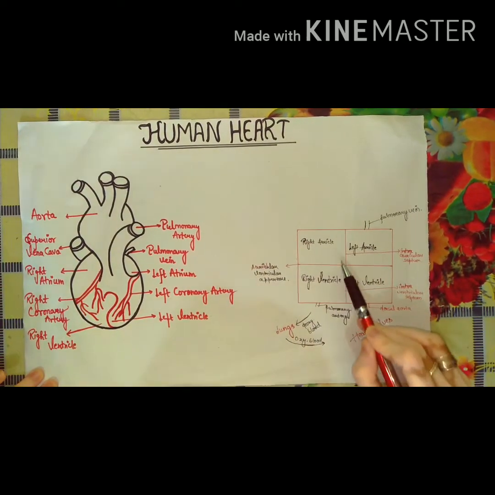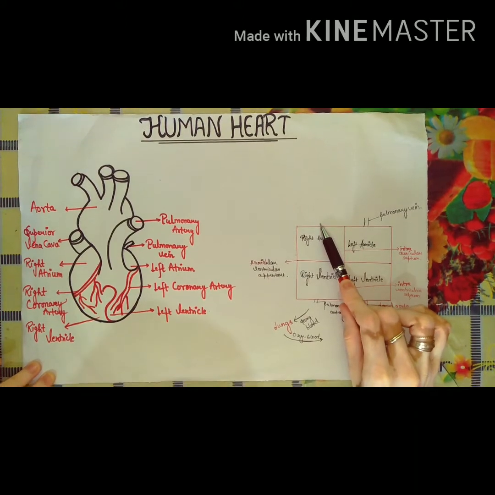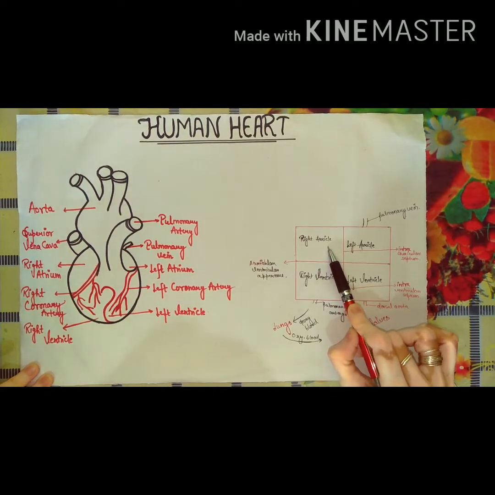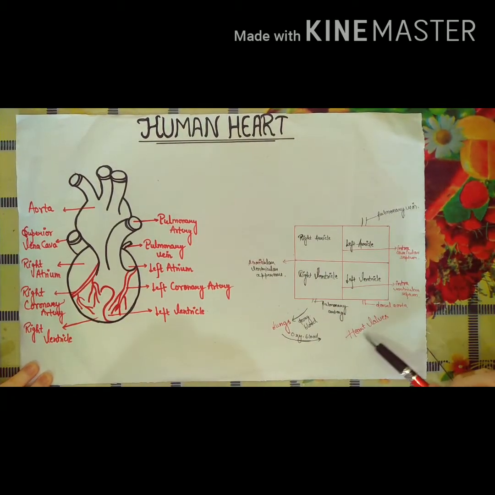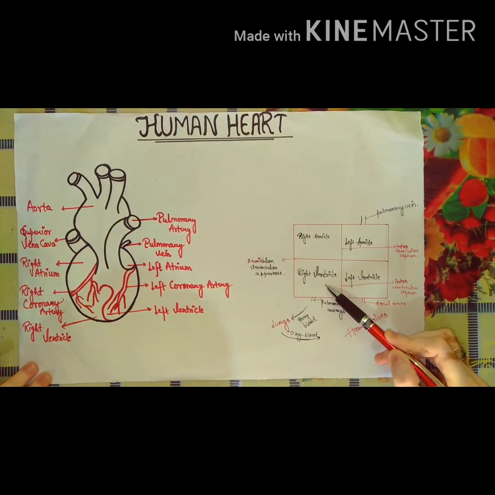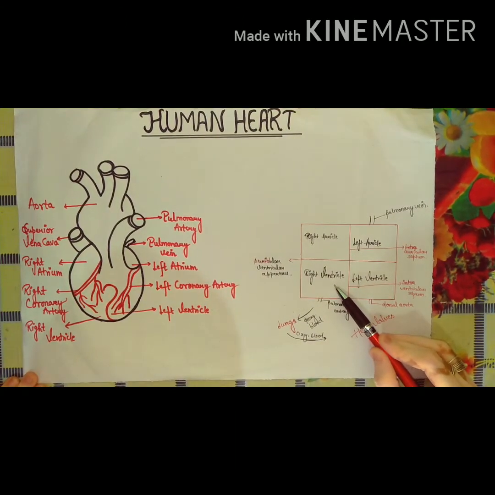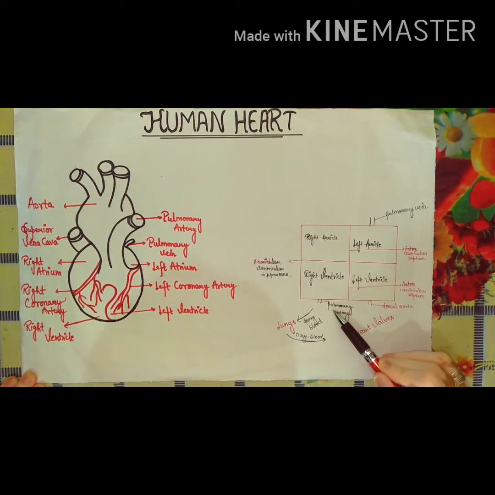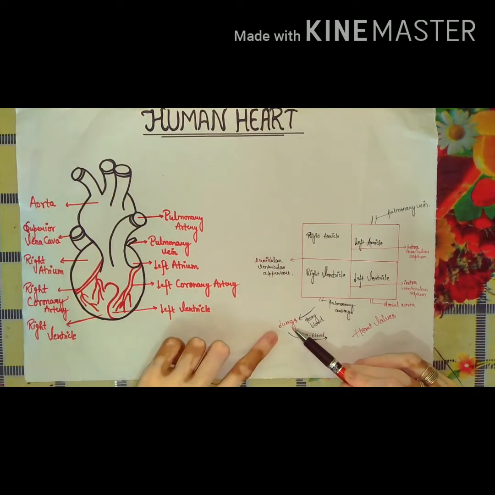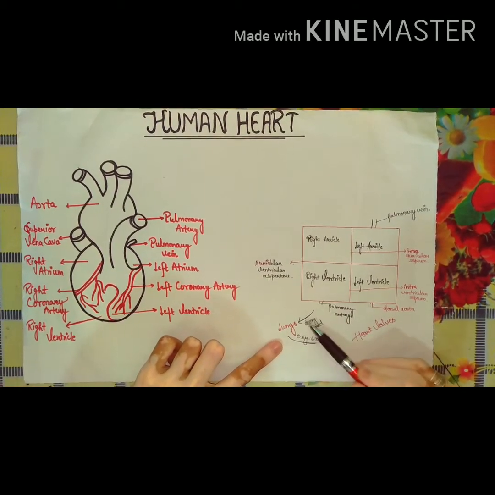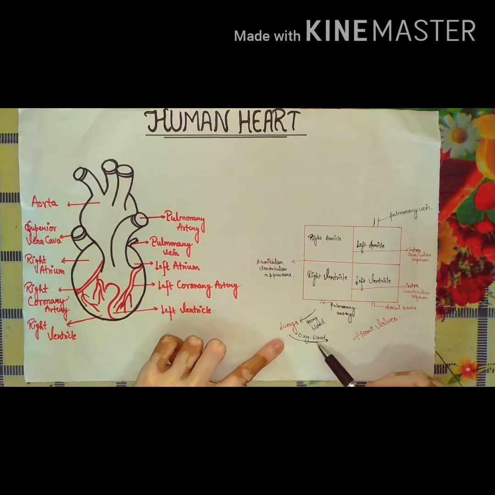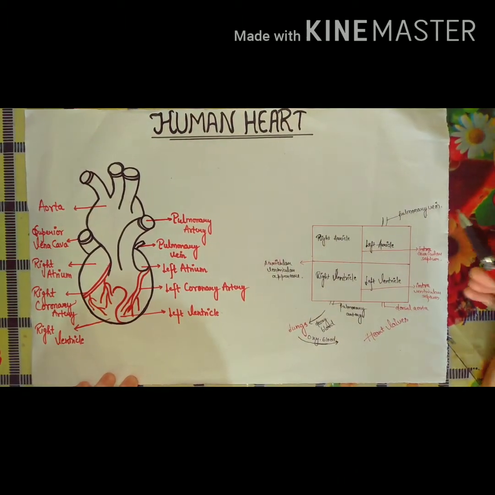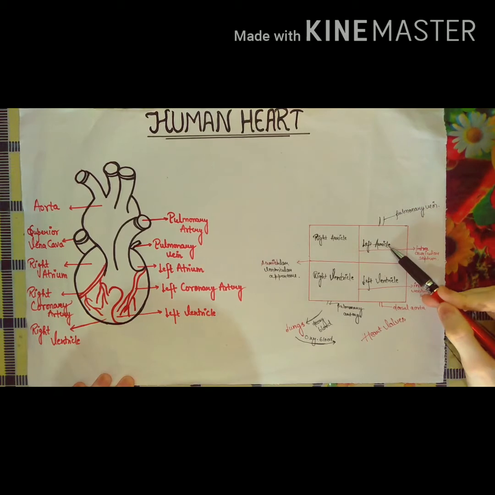So overall this means that the deoxygenated blood passes through the superior and inferior vena cava and enters the right auricle, and with the help of the heart valves it enters the right ventricle. Then the deoxygenated blood from the right ventricle flows into the pulmonary artery, which carries the blood up to the lungs, where gaseous exchange takes place and all the deoxygenated blood is converted into oxygenated blood. Then the oxygenated blood is carried by the pulmonary veins, which open into the left auricle, and